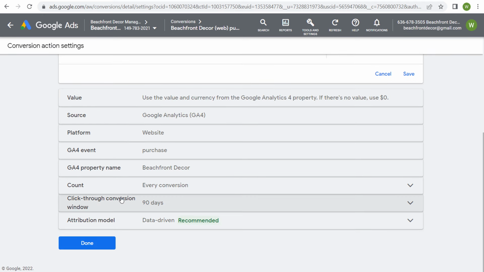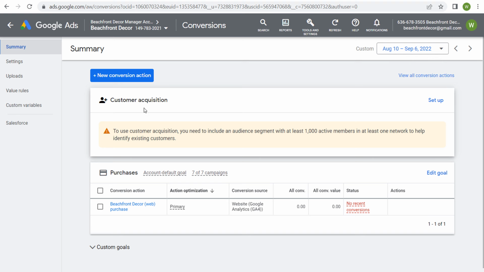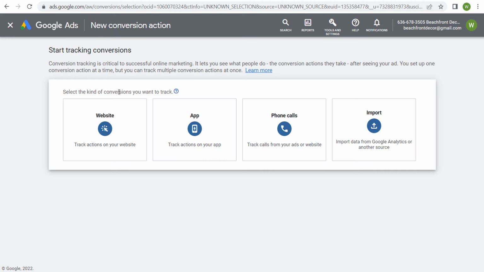We have a click-through conversion window of 90 days, counting every conversion, and we're using the data-driven attribution model. So you can change some of those settings if you want. These settings work perfectly fine if you are running Google Ads and you want to make sure you're setting up conversion tracking. The other thing you can do is if you click on new conversion action here,